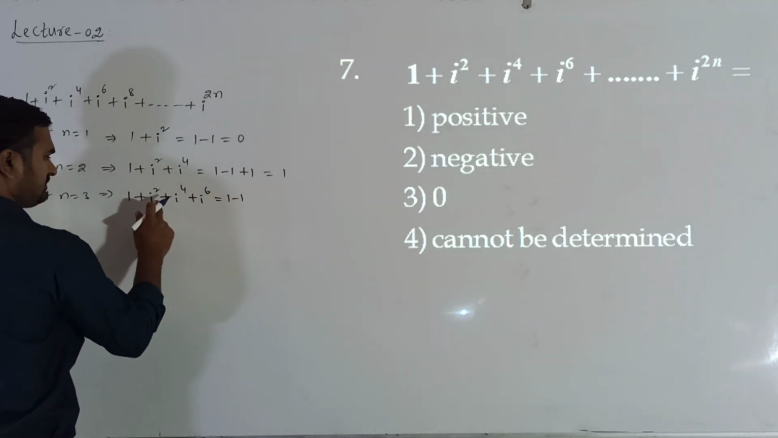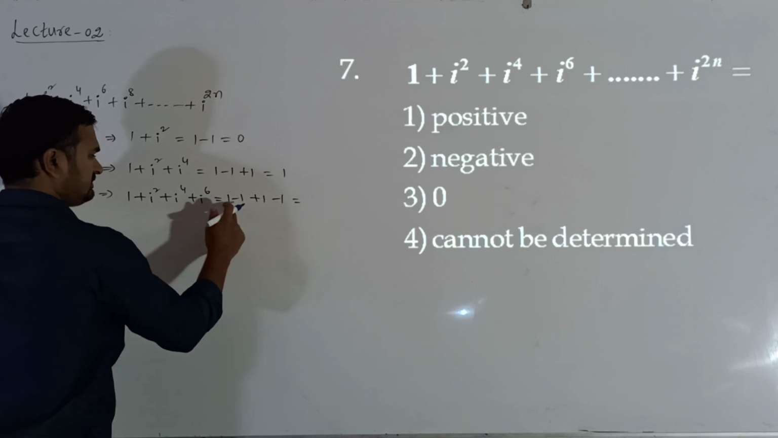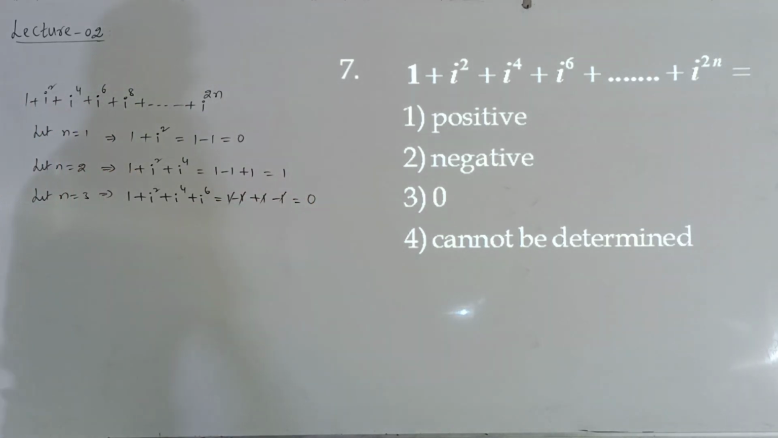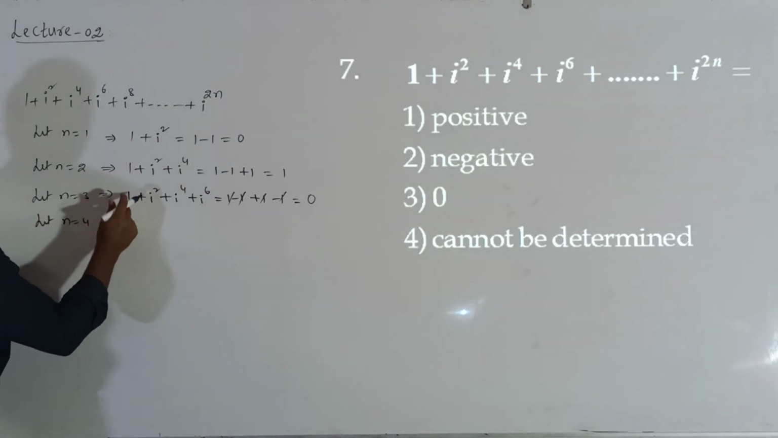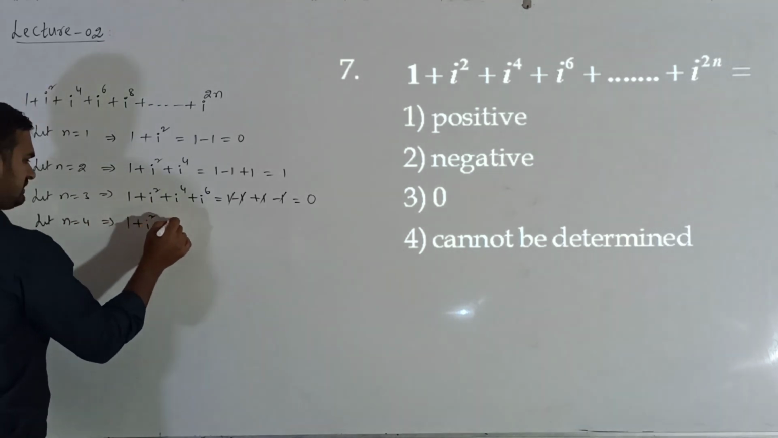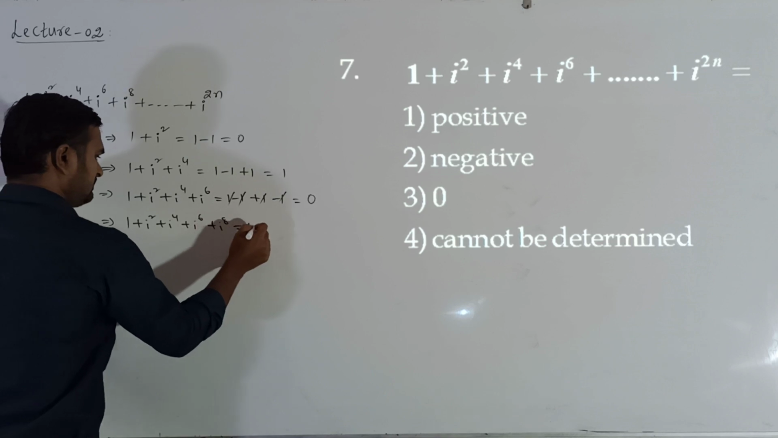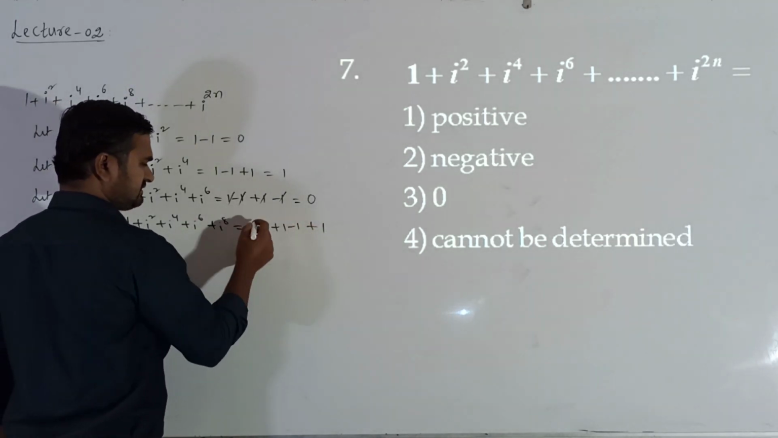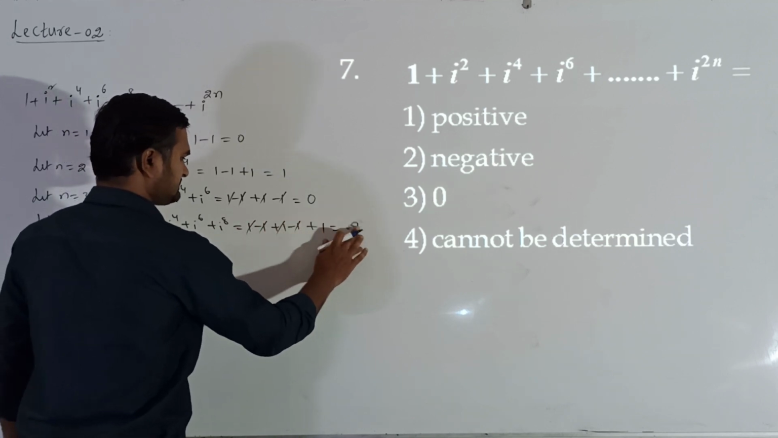1 minus 1, i power 4 is 1, i power 6 is minus 1. So minus 1 plus 1 cancel, we get 0. Okay. If n is 4, sum up to i power 8: 1 plus i square, i power 4, i power 6, i power 8. 1 minus 1 plus 1 minus 1, i power 8 is plus 1. So this will get cancelled, we get plus 1 as answer